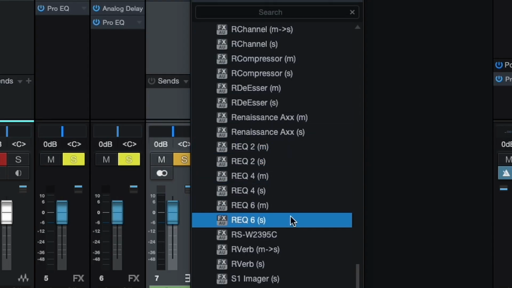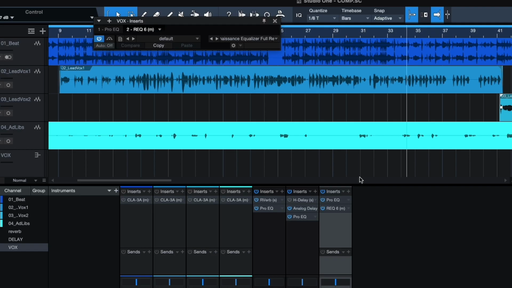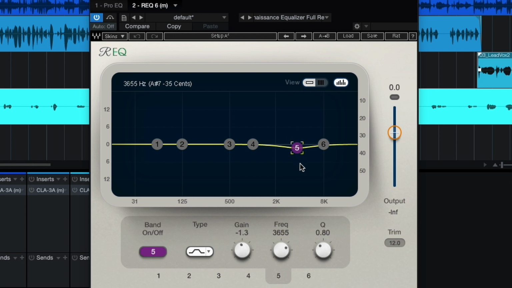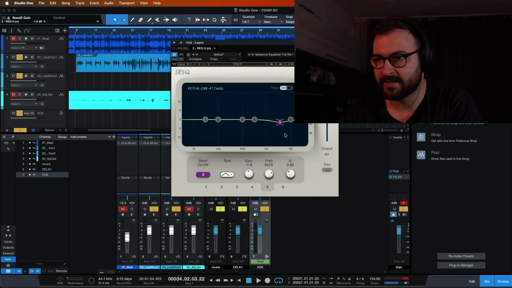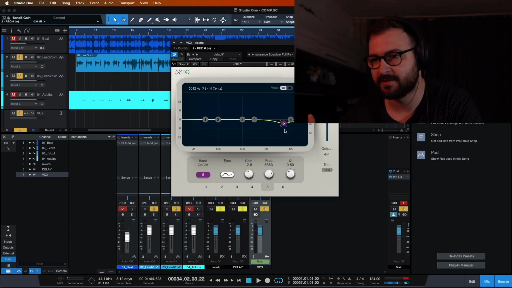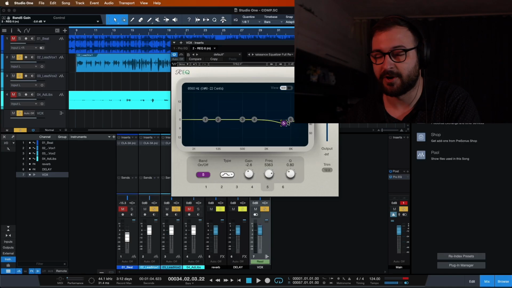Oh, here they are. I'm going to use REQ. It is quite nice. I want this 6 band mainly. Now, what I'm going to do, I'm going to use this 5th band and take it up to this 5.3, something like that. We will listen to it after, but this will help me address the sibilances issue a bit more, because even though they're not that accentuated, I still want to make sure that they are not there. But at the same time, I don't want to exaggerate, so we will see how it turns out.